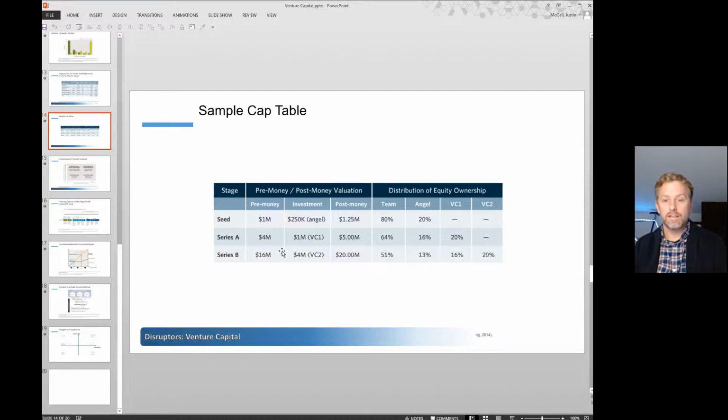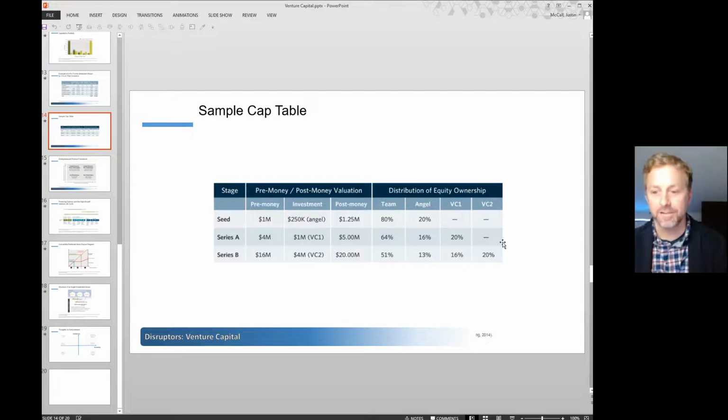And now we've taken that $5 million total valuation. We took this $1 million and maybe we hired some sales reps and a couple of engineers, some product folks, maybe a marketing person. We did some ad campaigns, and we just scaled. We just brought in another, say, $1 million worth of annual recurring revenue, and that has catapulted us to a $16 million valuation. And now we have another VC who comes in and says, hey, I want to give you $4 million. You know how much I want for it? Exactly, 20%. So they're going to also want their 20% stake in the company,